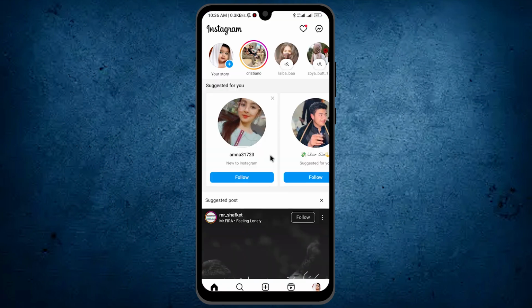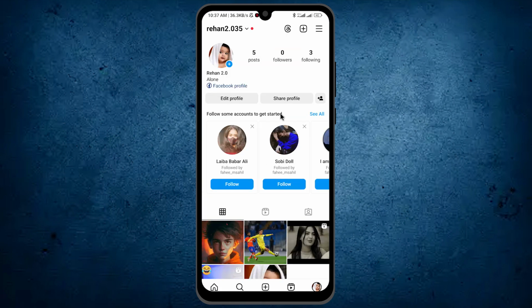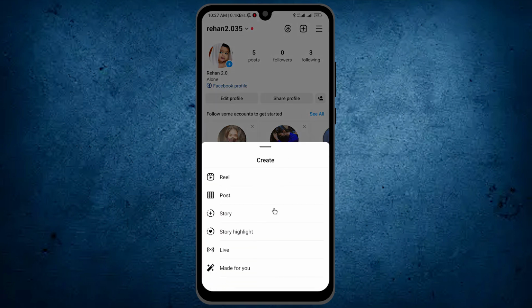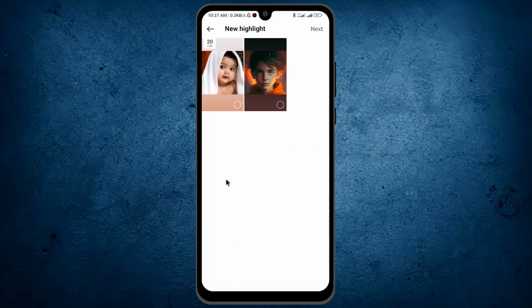Once it is open, tap on your profile icon at the bottom right, and from here, you will see the three options at the right top. Simply tap on the middle one, the plus sign. And from here, you will see the option on the fourth number, story highlight. Tap on this one. And from here, select your story which you want to highlight on Instagram, because I uploaded